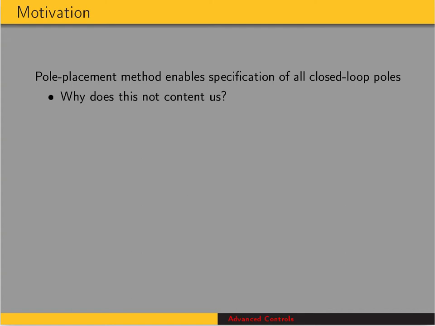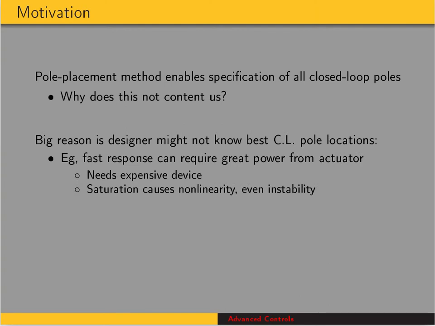Talking about why we're interested in optimal control, if the pole placement method enables specification of all the closed loop poles, why is that not sufficient? So why are we not content with that method? Why are we interested in an additional method for designing a controller? Well, one big reason is that the designer might not know the best closed loop pole locations. So since that's the starting point of the pole placement method, if you don't know the starting point,